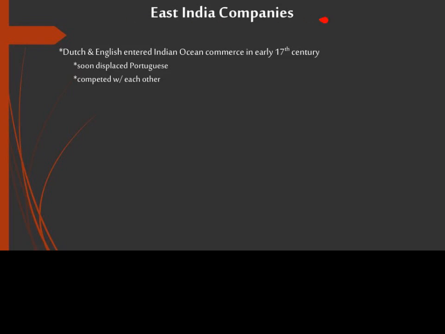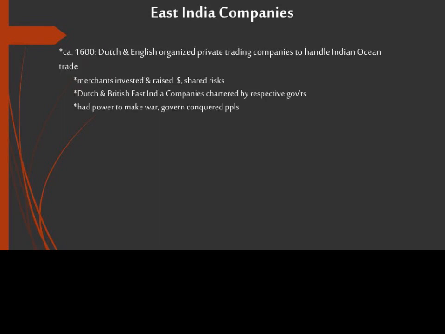Okay, let's look at the East India Companies. The Dutch and the English both entered the Indian Ocean commerce in the early 17th century and very soon displaced the Portuguese and then also competed with each other. But around 1600, the Dutch and the English organized private trading companies to handle their Indian Ocean business. Merchants invested, they shared the risks, they were able to raise money, and the British and Dutch East Indian companies were chartered by their respective governments,